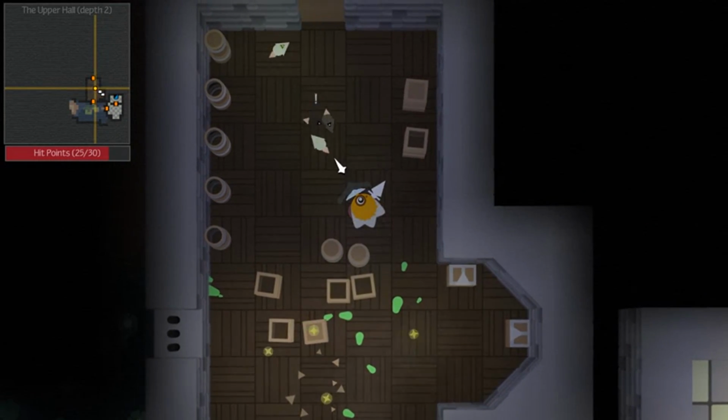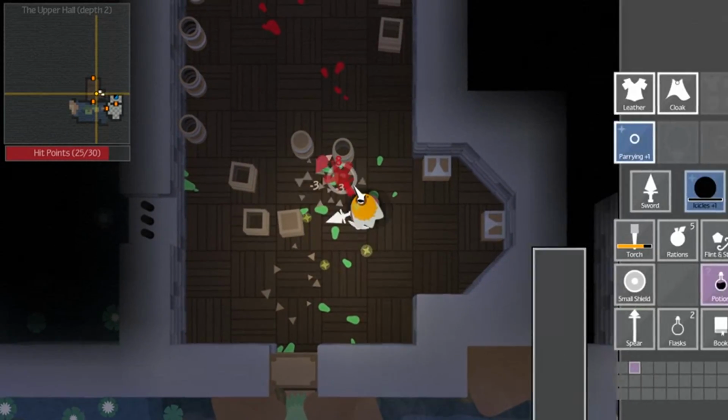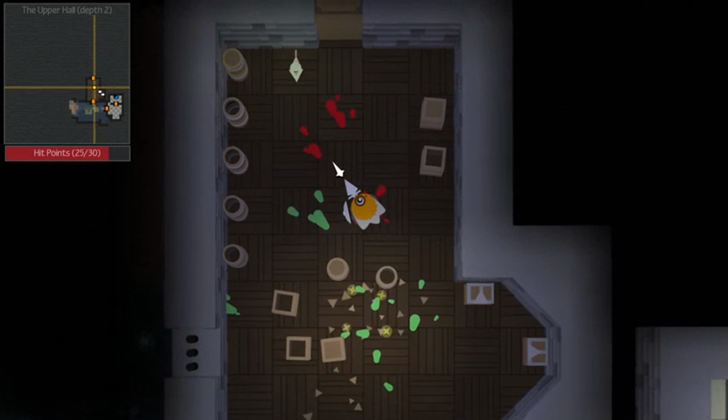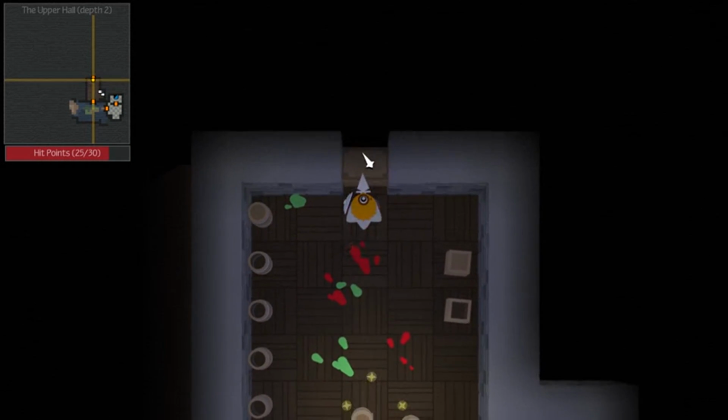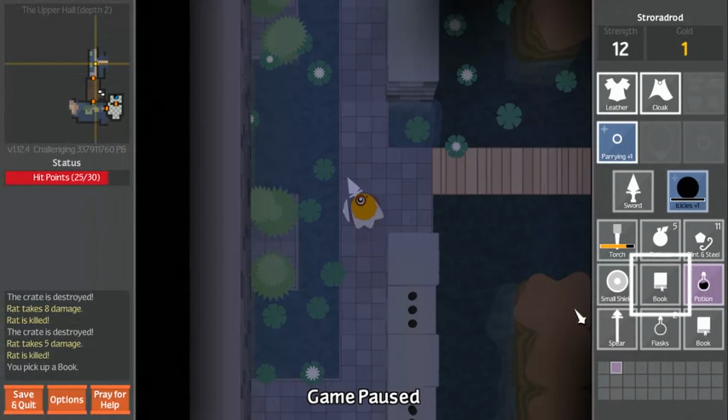Unfortunately, the shield doesn't last very long and it's quickly depleted. Depleted items recharge over time, but it just means I can't use the magic powers of the shield for a little while now. In the corridor above the room I find another book, and this time I decide to read